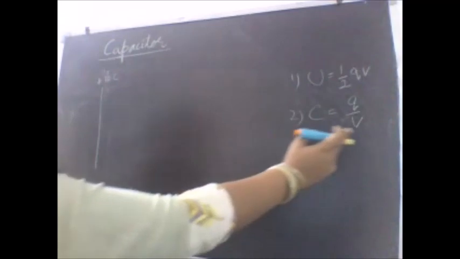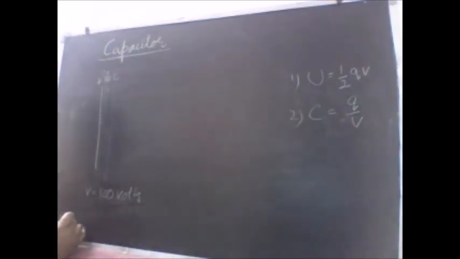So assuming that a single conducting plate is there, and you have given a charge of, say, plus 10 coulomb, pure assumption, and the potential of this plate by giving a charge of plus 10 coulomb, assuming that the value is 100 volts. So can we calculate the capacitance with such parameters using the simple formula C is equal to Q by V? Yes, I can do that. So the value of C comes out to be 10 divided by 100, which is 0.1 farad.